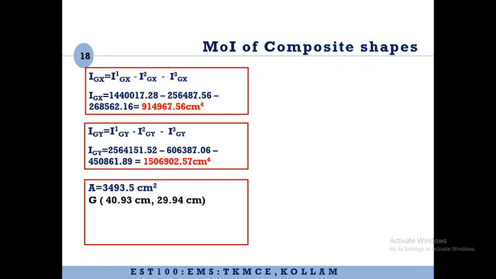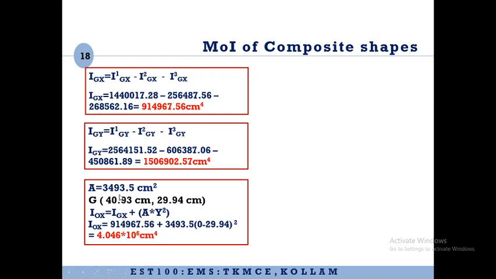Now this is the area of the composite figure as well as the centroid of the composite figure. Now if we need to find out the moment of inertia of the composite figure about the x-axis passing through the origin, in that case the centroidal axis becomes the Gx axis and Ox becomes the parallel axis. Ox is an x-axis passing through the origin. So we apply the parallel axis theorem. Iox is equal to Igx plus area of the composite figure into distance between these two axes square.